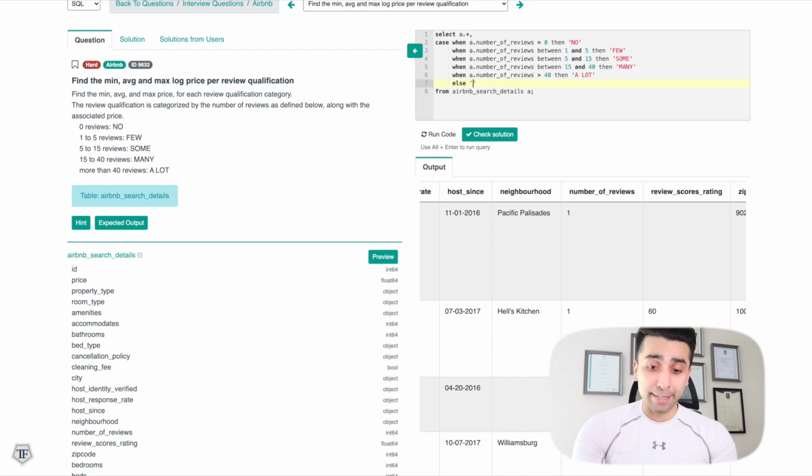Or I can just say NA. So once I do that, I can actually execute this code. And what I want to also say is, what is my column name? In this case, I'm going to create the column name as qualification category. Because my case statement has ended now, I'm going to